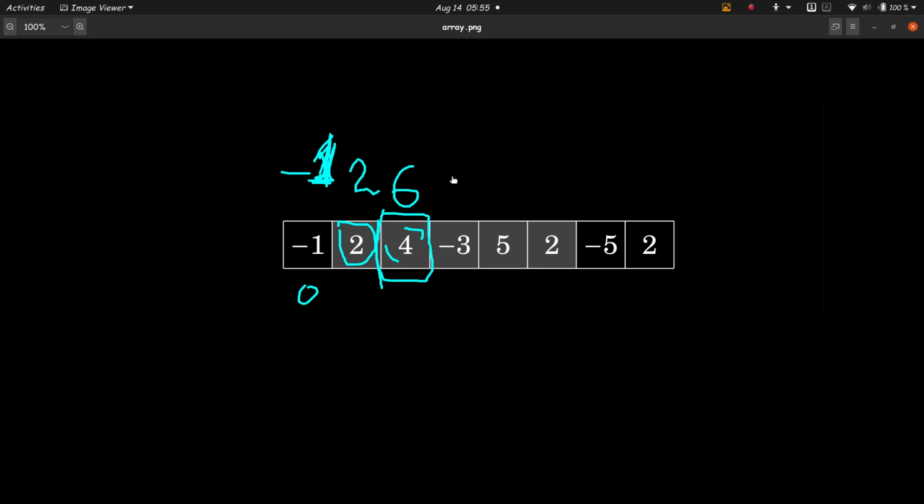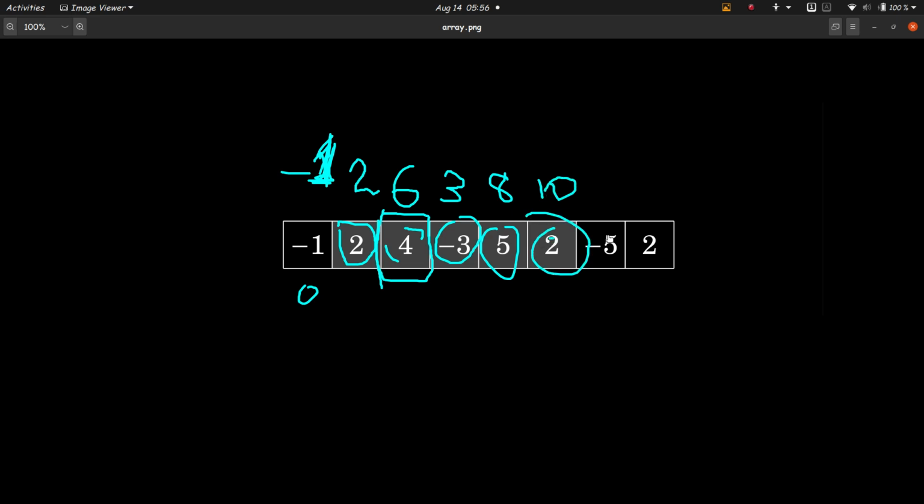Okay, similarly this will be 3, because obviously ending at -3 and starting at -3 will give us -3, which is not a good number, but which is smaller. And the bigger number is obviously 6 plus -3, that is equal to 3, which is greater than -3. So we will add the previous sum. Okay, so this is included, this is included, even this is included. Now 5. So will this be included? Obviously 5 plus 3 is equal to 8, so this will be included. Then 2, 8 plus 2, that is equal to 10, again greater than 8, so this will be included.